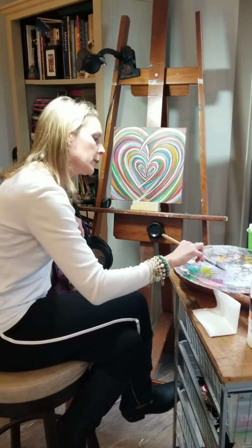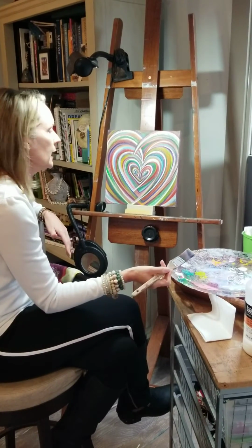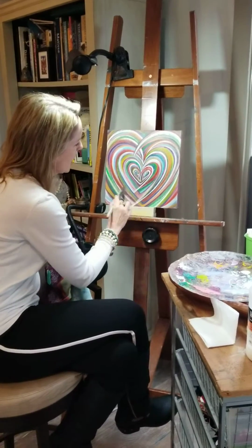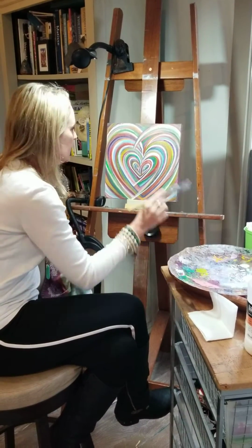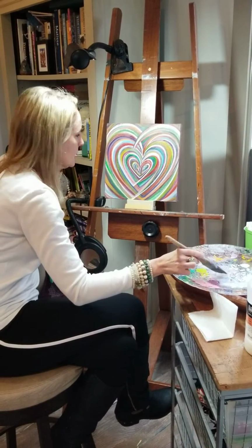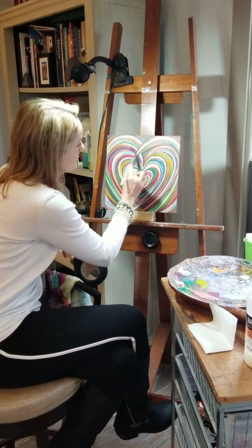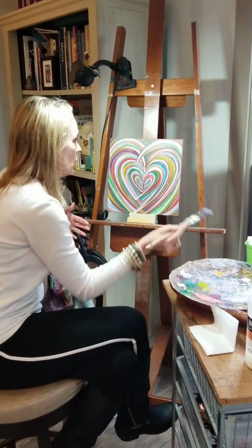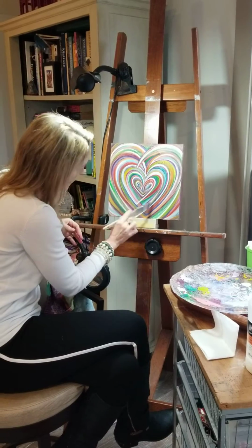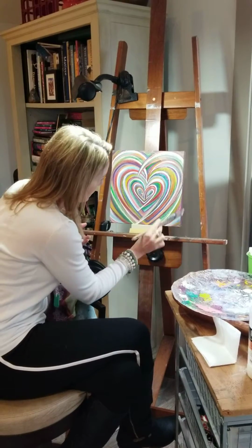So I put the medium, the acrylic gloss medium, on my glass palette, and I just start randomly brushing it on because I like to see the strokes. I like to see the texture. I like the marking, sort of the hand of the artist, to show on my piece. There's no such thing as perfection, and there's beauty in imperfection. So let this be part of learning and growing